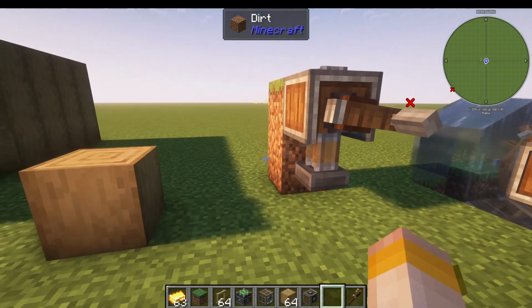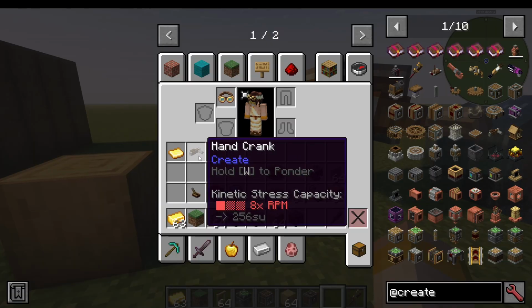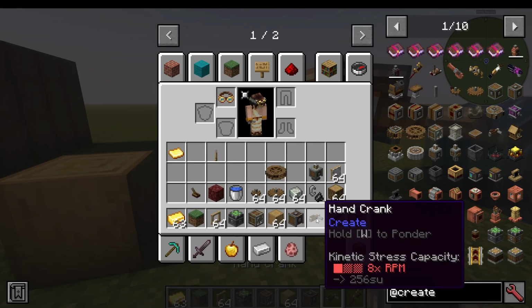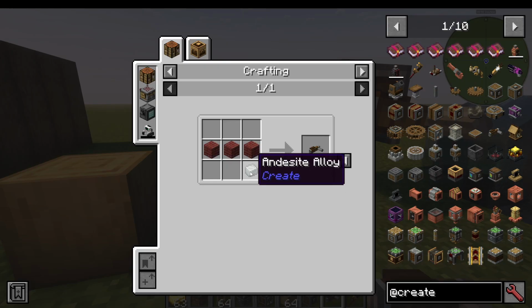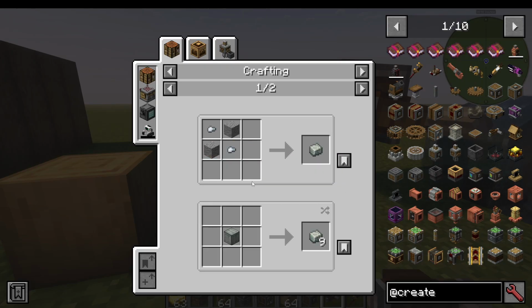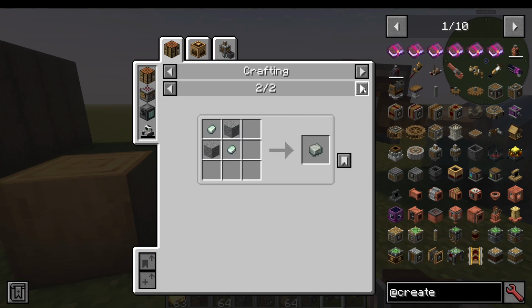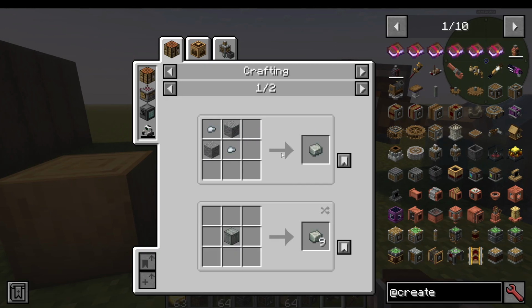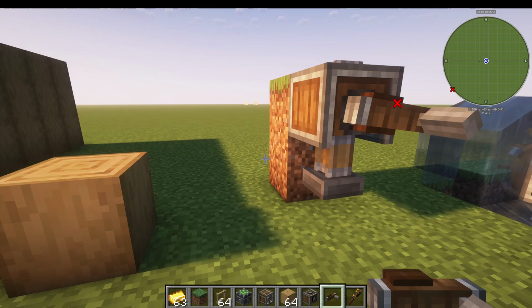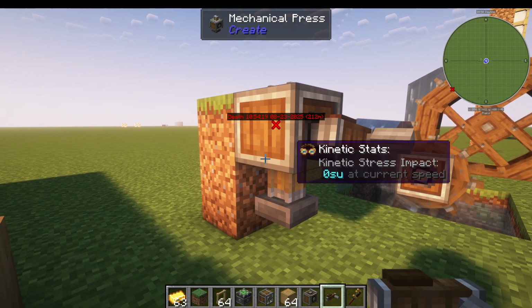So, let's get going. The first and simplest way to generate rotational power would be a hand crank, needing andesite alloy. That is going to be andesite and 2 iron nuggets. And this is going to be massively used in the Create mod, so I'd make a lot of it. If you want to make the engineer's goggles, I'm going to be showing you an example of how we would